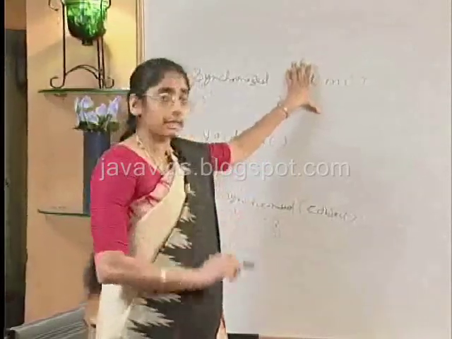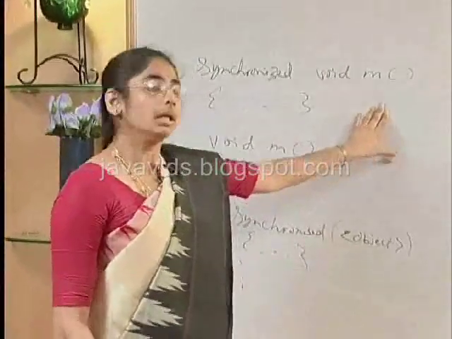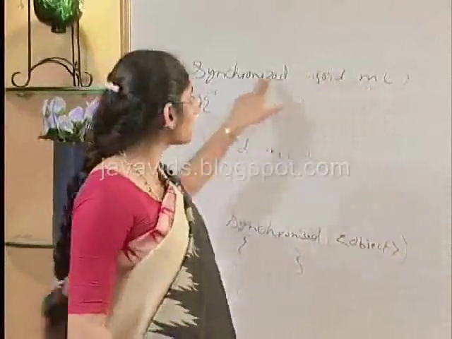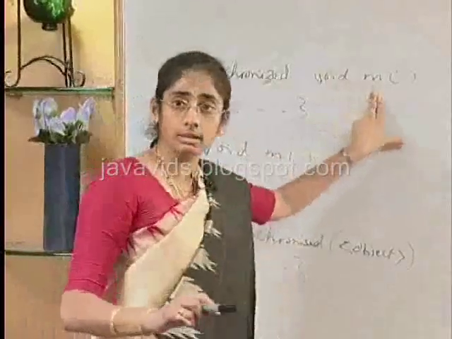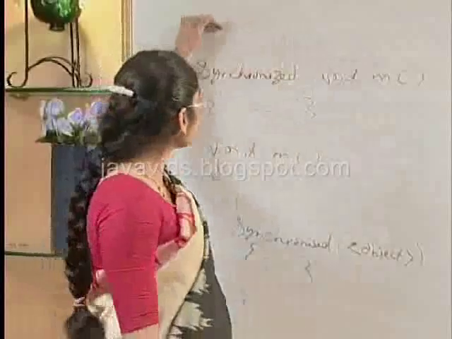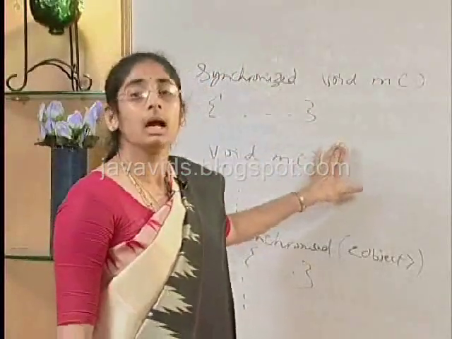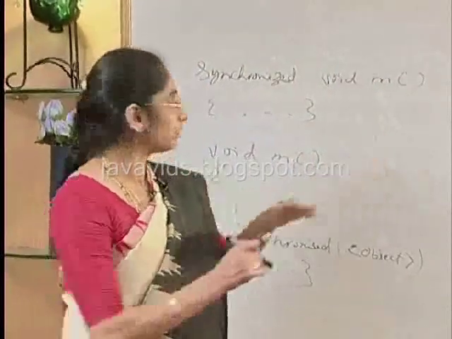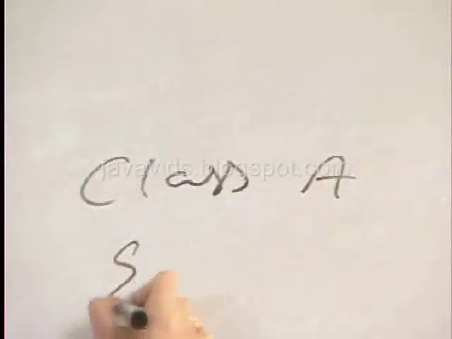So, in order to access this method, you are going to create an instance. Using an instance, when you invoke a method which is synchronized, the object which is used to call the method is the one which gets locked. So if this is in class A, I have a synchronized method M in class A, let's assume. I create an instance of class A called A1, and using A1,